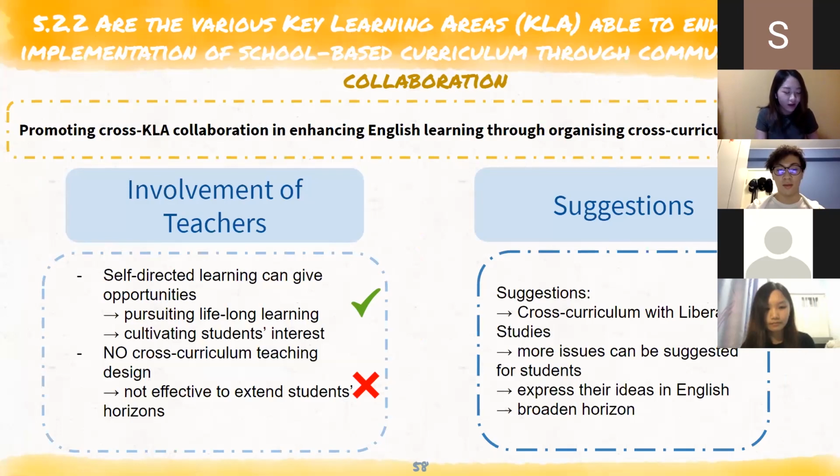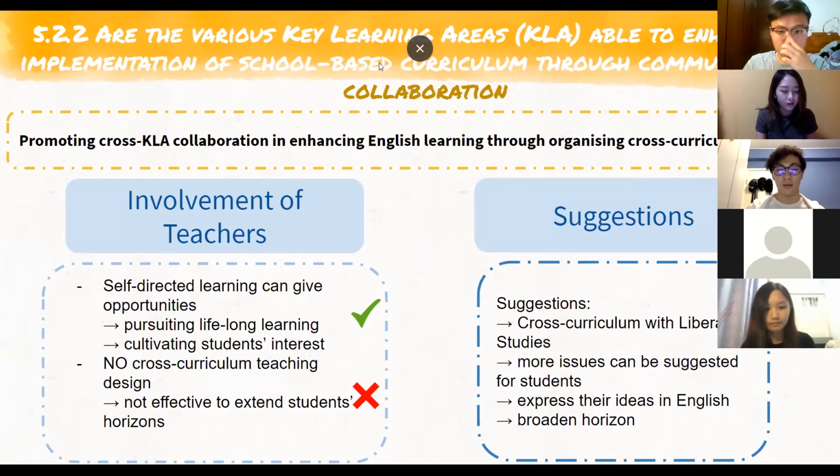For the KLA curriculum, the KLA curriculum is to promote cross-KLA collaborations in enhancing English learning through organizing cross-curricular activities and provide some opportunity for personal and intellectual development. Free writing is a kind of self-directed learning as mentioned. It gives opportunities for students to pursue lifelong learning and cultivate students' interest in English. However, there is no course curriculum teaching design, which is not effective to extend students' horizons, especially those who have